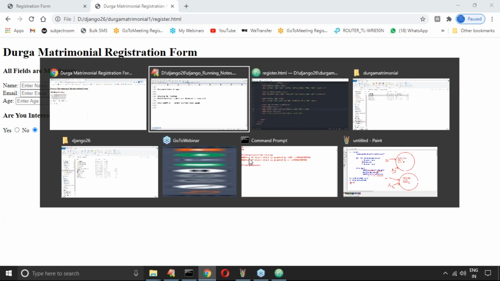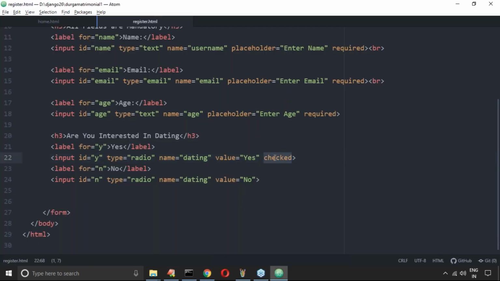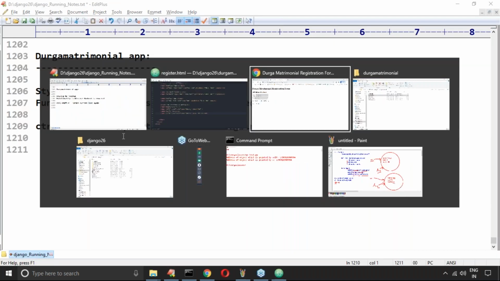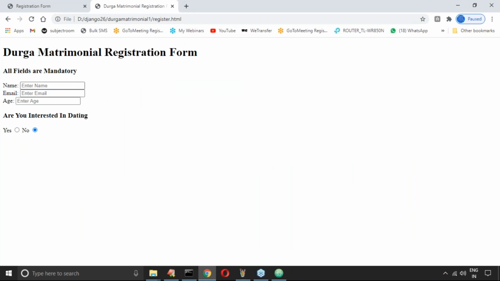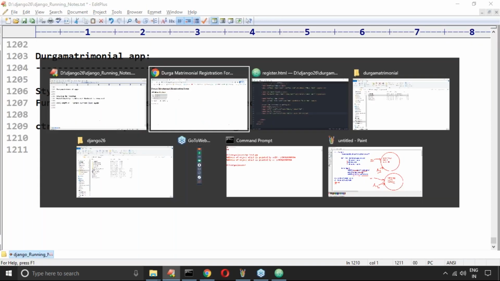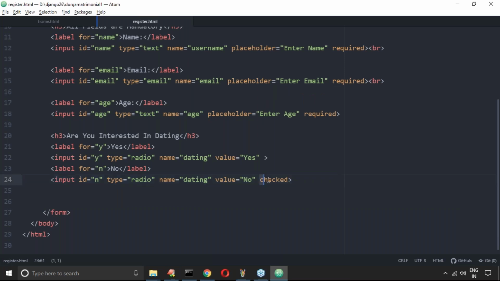Okay, default, I don't want checked for yes. By default, checked for no. Now observe. By default, it is selected no. I don't want no, then automatically like. Getting the point? So if you want to make something checked by default, then you can use this one. So radio button is also ready. Okay, how you can use it?